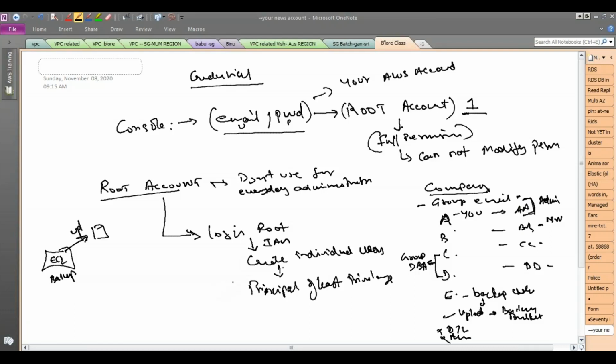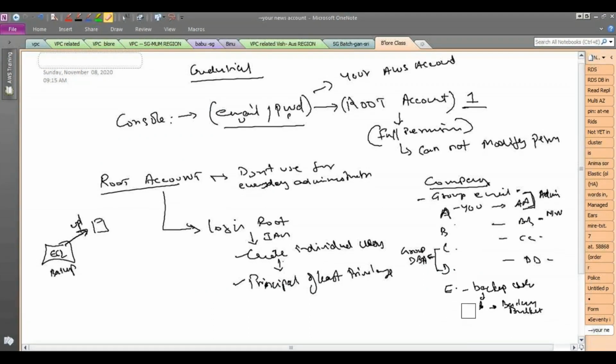So always the credentials have to be for individual users, and the permissions have to be only what is required for their job. Don't give excess permission, because afterwards, if they get approval, you can add the additional permissions. So always give the minimum required permissions, and if multiple people require the same set of permissions, you can add them to a group. So don't just create one user and give that to all the people in that team or something like that, right? Create individual users but add them to a group, and you can assign your permission to the group.